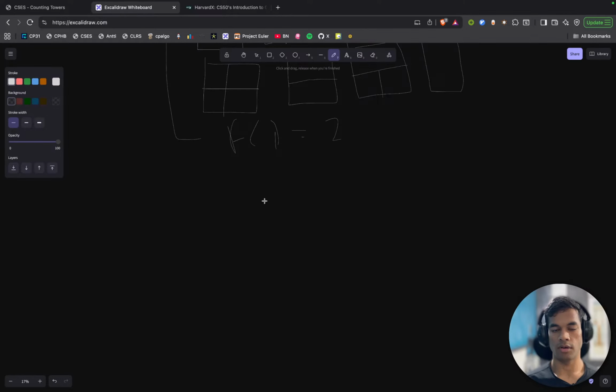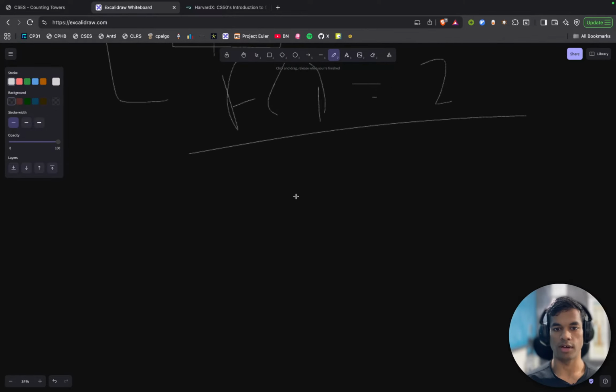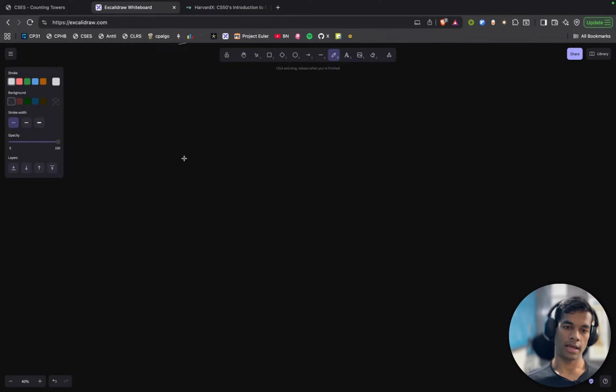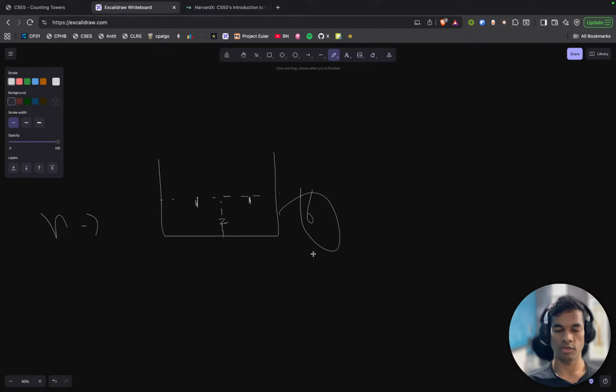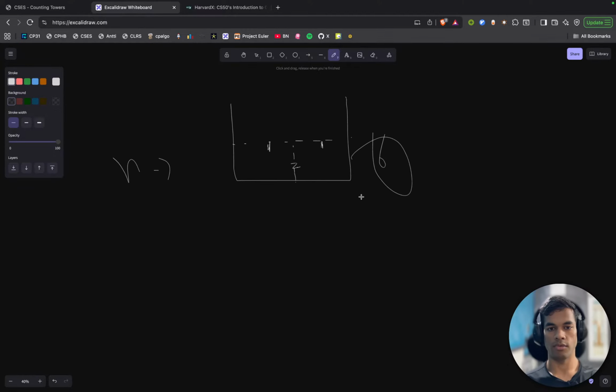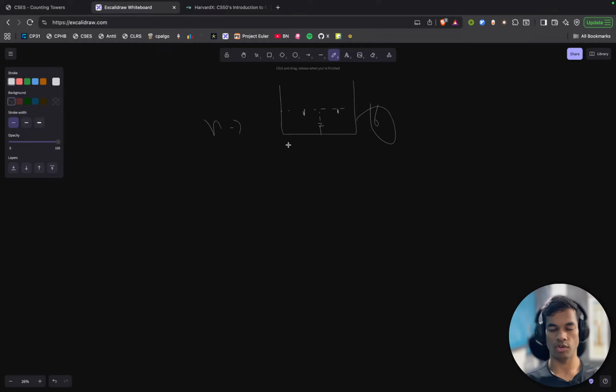F1 is 2, right? F1 is 2. And then for the nth row, we have three things which we could have, right? So this is independent, this is independent, this is independent. In total, 6 possibilities. And if we were to state all of these 6 possibilities, we would have